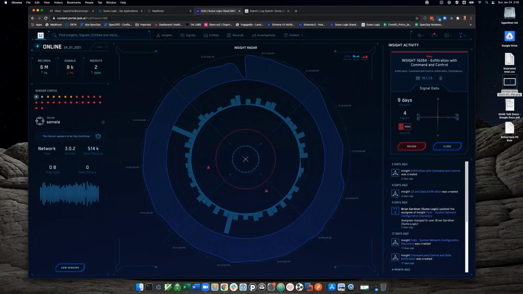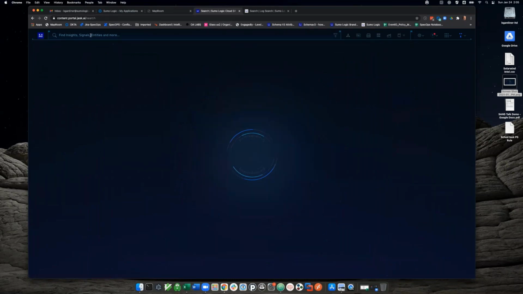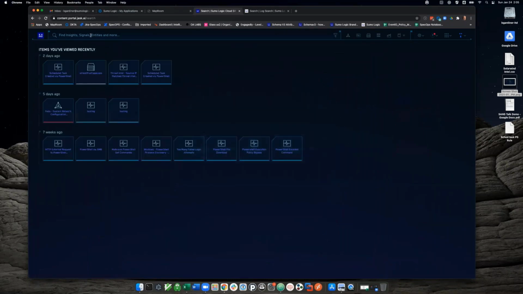So the next piece to this is search. That's up here at the top. If we click this, this is pretty much front and center. It helps the analyst dive in immediately, looking into insight signals and entities that they're interested in. It also allows you to specify which data points you are interested in and create filters for future use. You can see some of the searches I've utilized recently, they'll all be saved within here. So if we go back to the